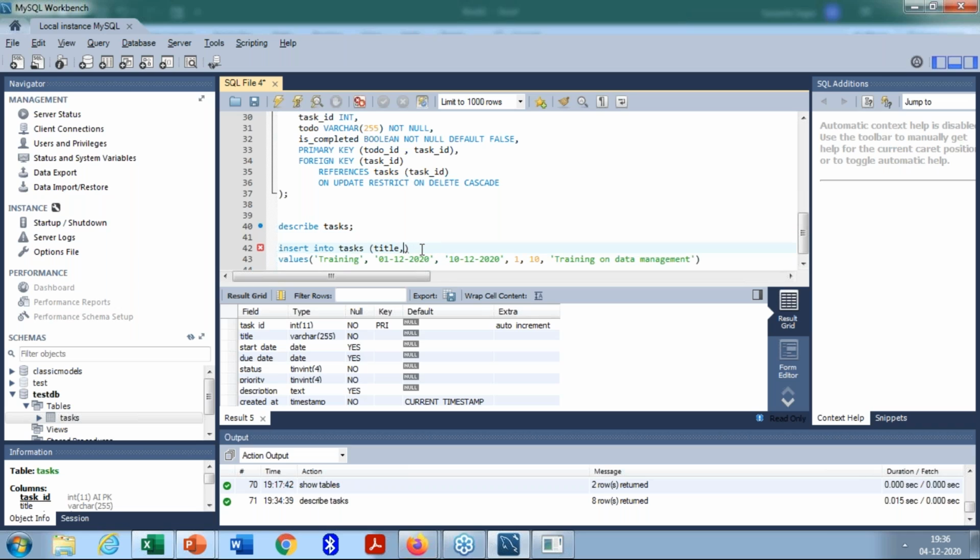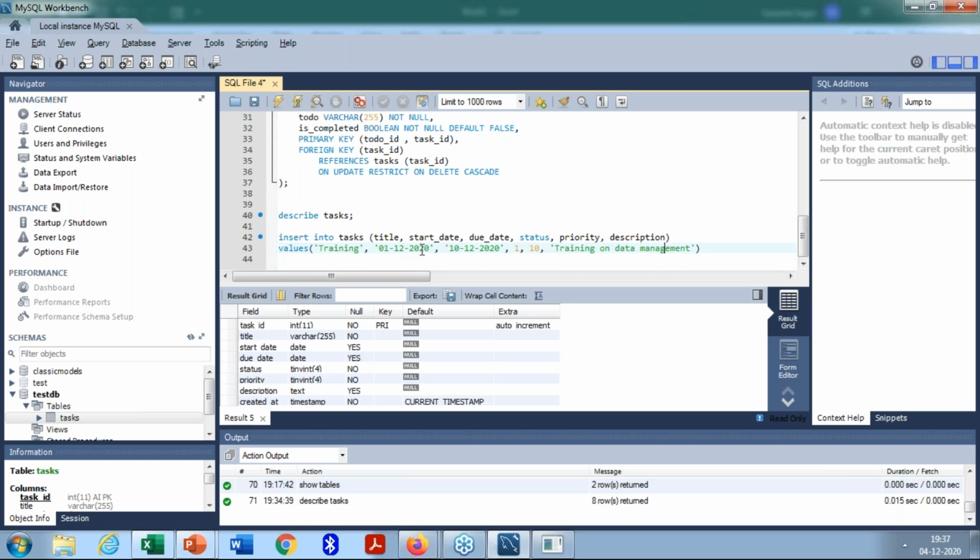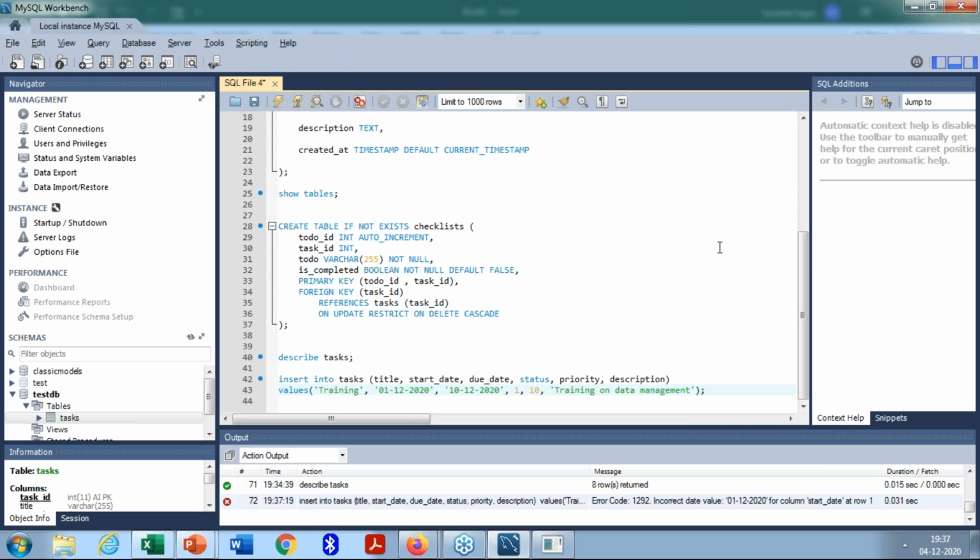Title, then start date, comma, end date, comma, due date, then status, and then priority, and then description, right? For these I have set the values. It should end with a semicolon and then enter. So insert into